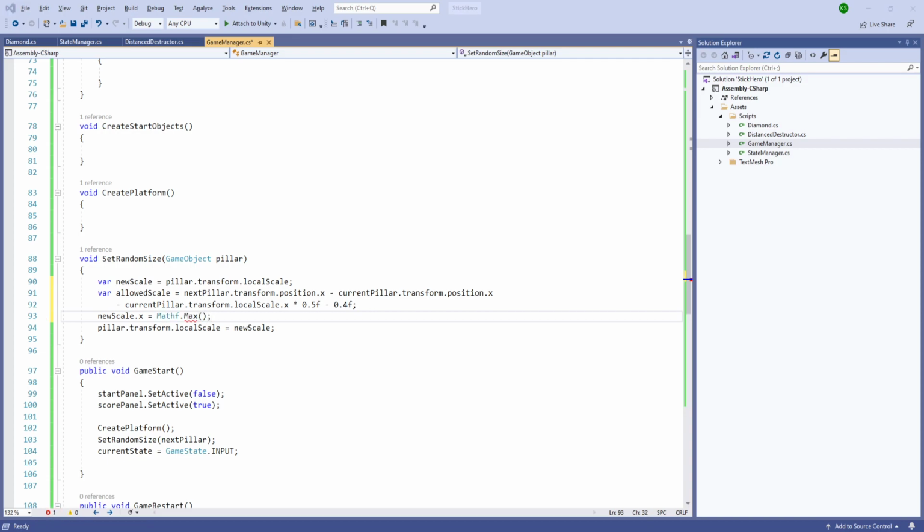We'll need a maximum of two points. The first one is the min max range dot x, and next we are going to calculate Random.Range, and here we are going to pass min max range dot x, and the second parameter Mathf.Min,